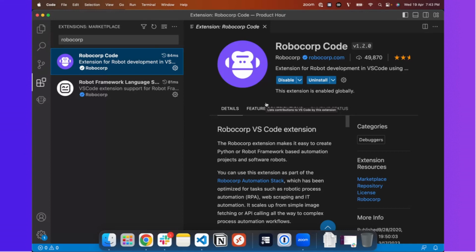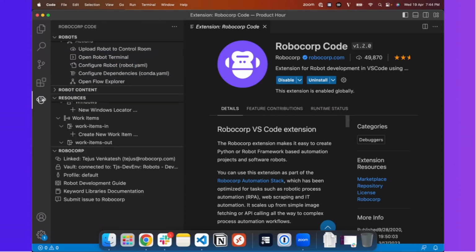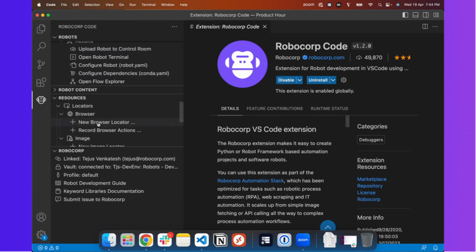How do we build them? With IntelliSense, some code completion. How do you get the documentation? How do you understand the keywords? But also with some of the widgets like the inspector tools, the ability to capture the locators, and also, more so, the debugging. How do you build the code while you are debugging so that you build a quite robust robot and build it efficiently and fast? I will quickly show you some of the resources that I mentioned.